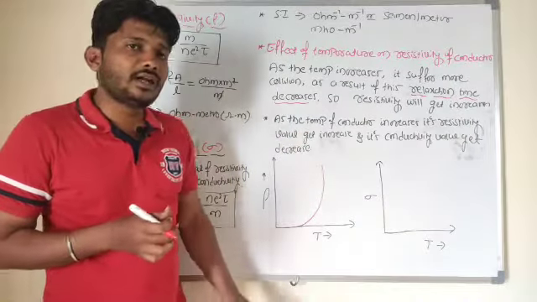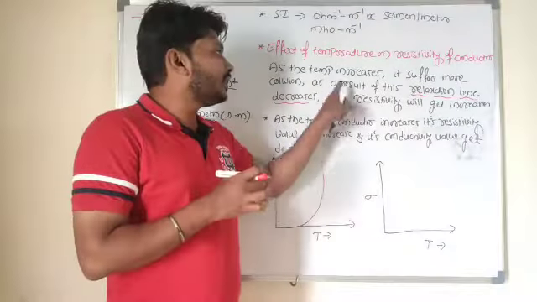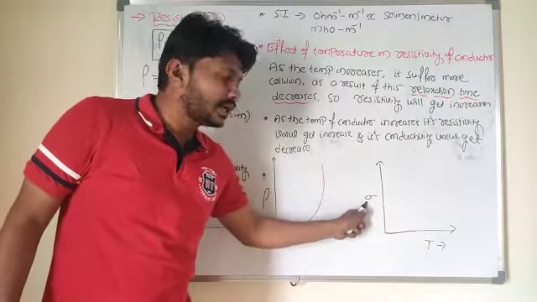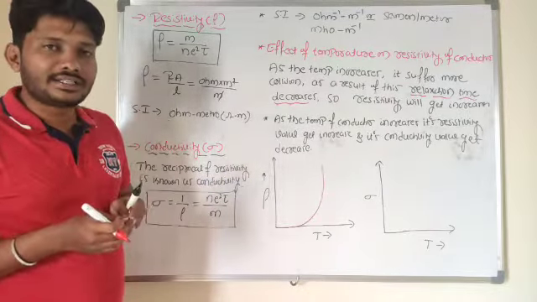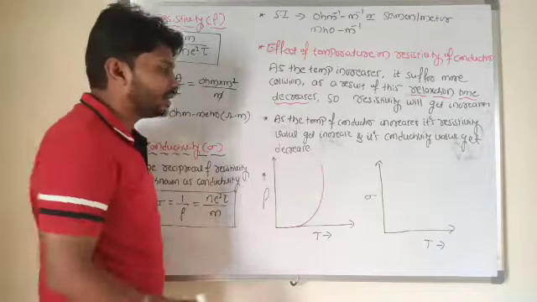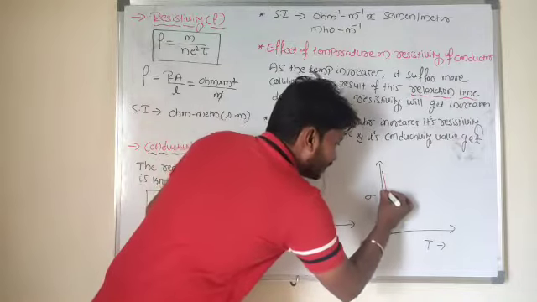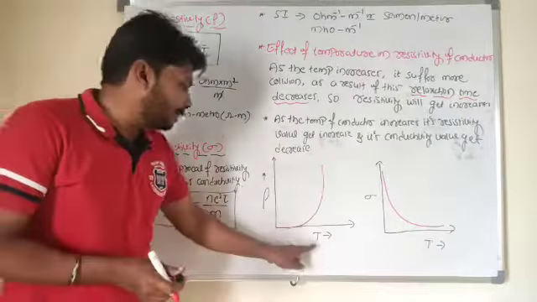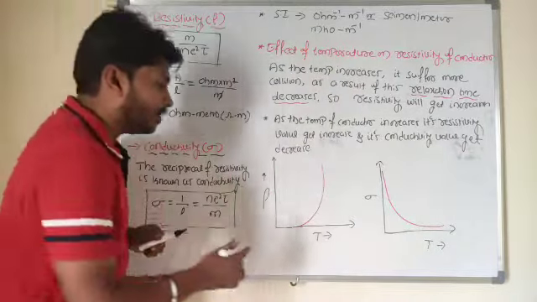Now I will draw the nature of the graph for temperature versus conductivity for the conductor. As the temperature of the conductor increases, its conductivity value will decrease, meaning the y-coordinate value goes on decreasing as the temperature increases. So this is the nature of the graphs of temperature versus resistivity and temperature versus conductivity of a conductor,